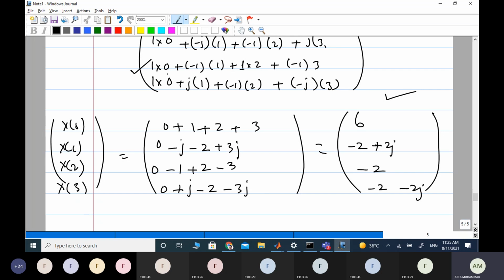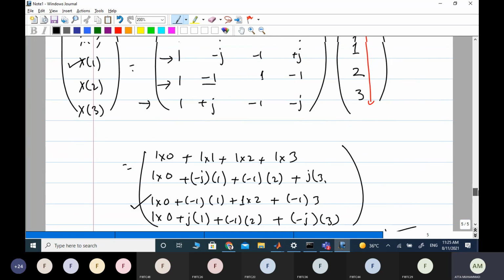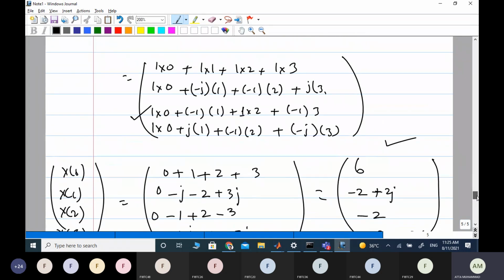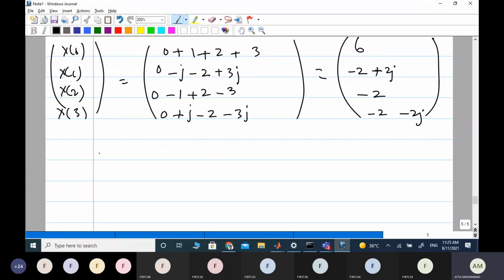Once you find this matrix, it will be very easy for you to compute the frequency component or DFT of the signal, right? So if you have this signal and you wish to compute the time domain signal again, then all you need to do is this: take the conjugate of the matrix and multiply it with the frequency spectrum and divide by the total time period of the signal, and you will get the desired response.